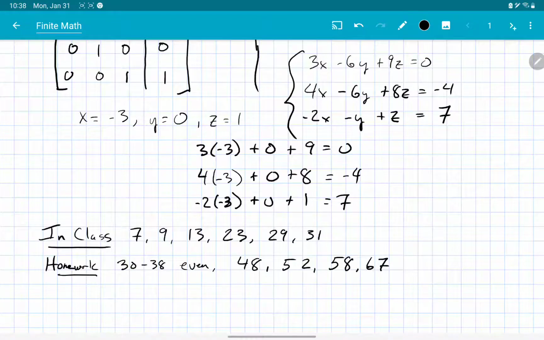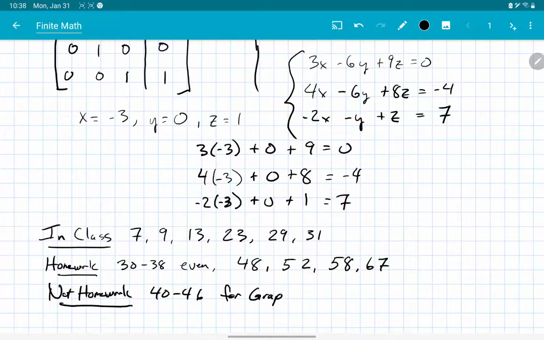This is not homework, but if you have a graphing calculator, I want you to look at 40 through 46 because it outlines the steps that you need to learn to do this on your graphing calculator. So if you happen to have a graphing calculator, I would take a look at those so that you learn how to do this process with your calculator. Wolfram Alpha will work fine too, and we'll use it eventually when we talk about this. Okay, I'll have the book open here, and